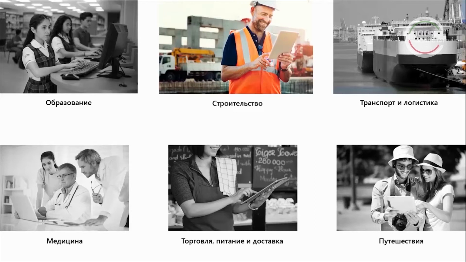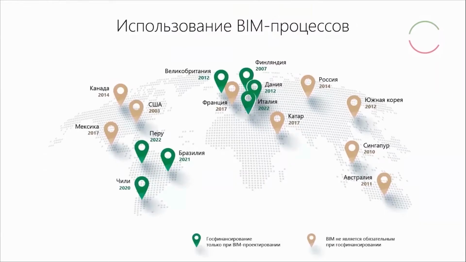Designing a digital image and model of the building is very important for the planning, commissioning, operation, and construction. Using this technology makes even very complex projects more affordable and accessible to implement. It's becoming more efficient in Europe and everywhere in the world. Nowadays in the United Kingdom, Denmark, Finland, and many countries of the world, state funding of construction is provided only if there is a 3D digital model of the building. By 2025, we'll see a revolutionary transfer to this technology, not only during design and construction, but during the operation